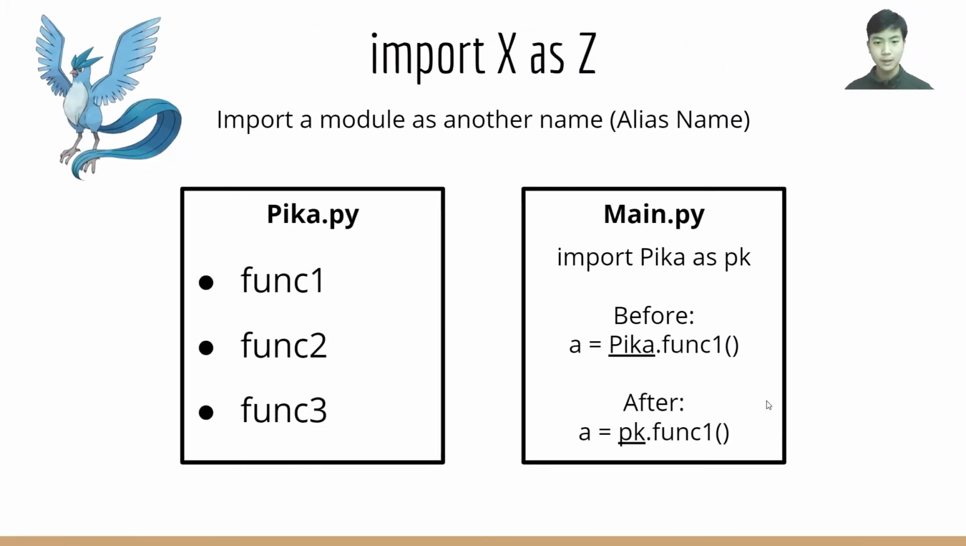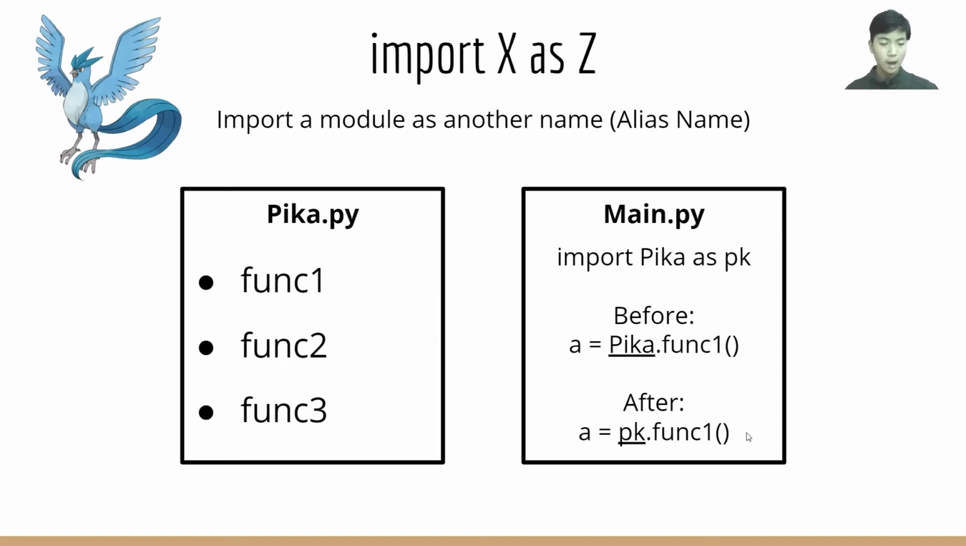Import X as Z basically will import the module as another name, as an alias name. So like pika.py, in this case, has function 1, function 2, and function 3. When we import pika as pk, however, this is what we would do if it wasn't for the "as Z": we would have to do a equals pika.func1. However, if we did import pika as pk, then it will be a equals pk.func1 instead of pika, which